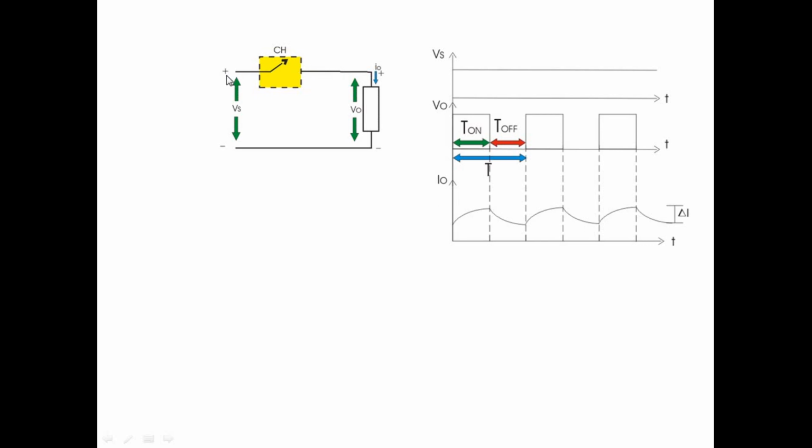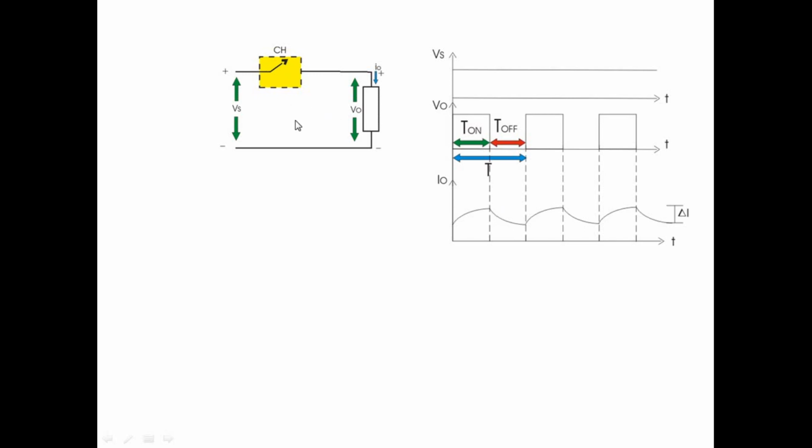Current will be flowing from the source and the current will be increasing. At that time, the inductor starts storing energy and the current starts increasing. When the switch is off, there is stored energy in the inductor and the current has to decrease. That stored energy has to decrease and the current has to decrease. So here there is no path for the current to flow, for this decreasing current, there is no path.